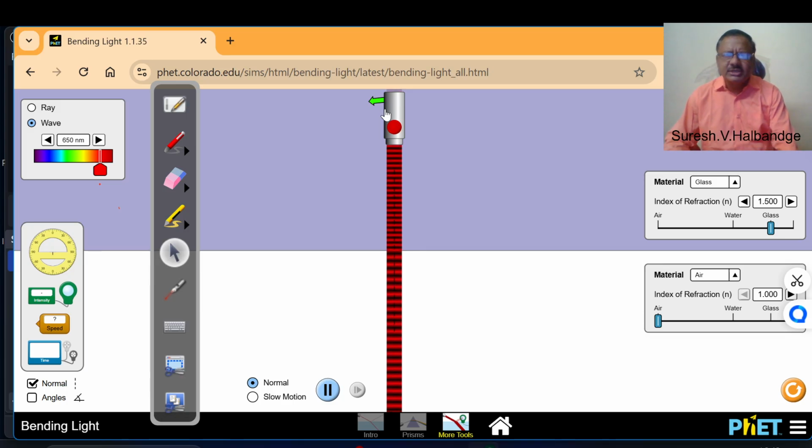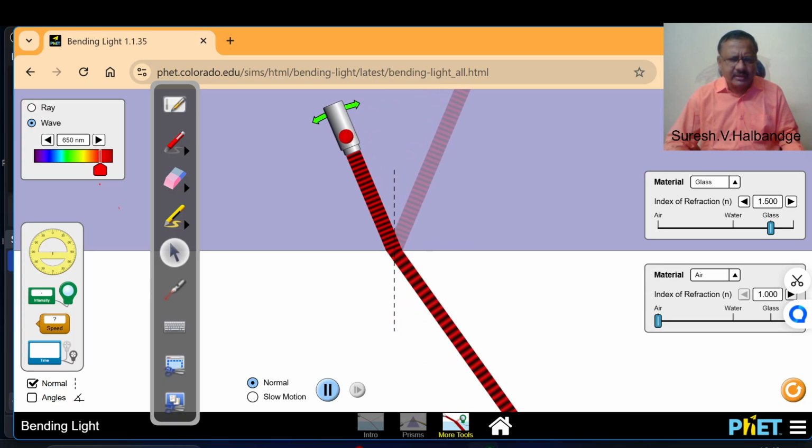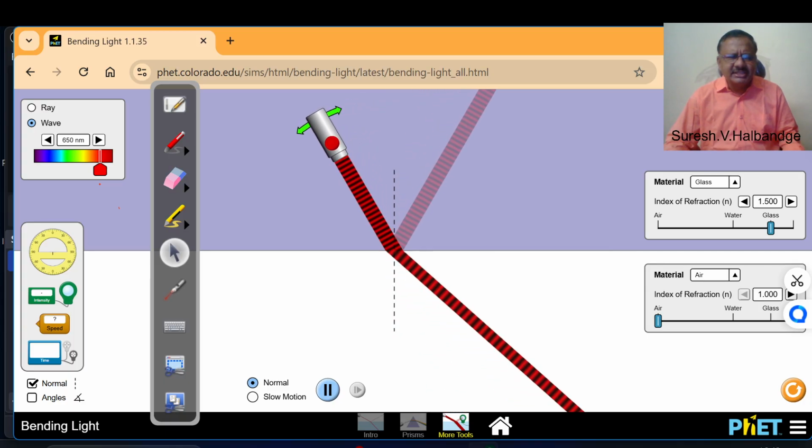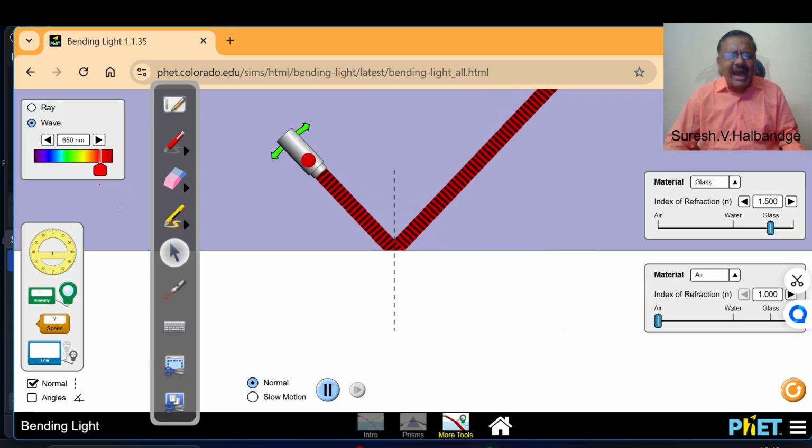Here Snell's law of refraction fails. Sine 0 upon sine 0 is infinity, and Snell's law becomes invalid. Now I'll slowly increase the angle of incidence. As the angle of incidence increases, the angle of refraction also increases. At a certain angle of incidence,